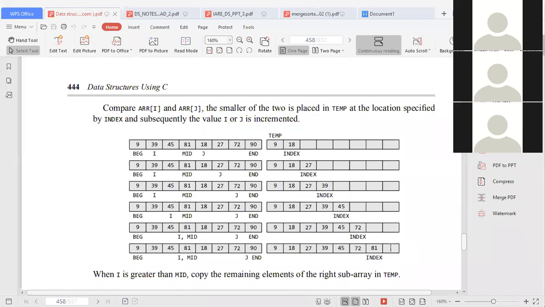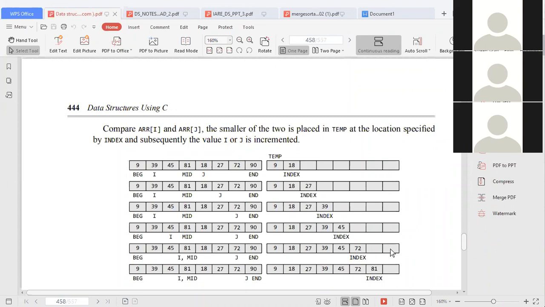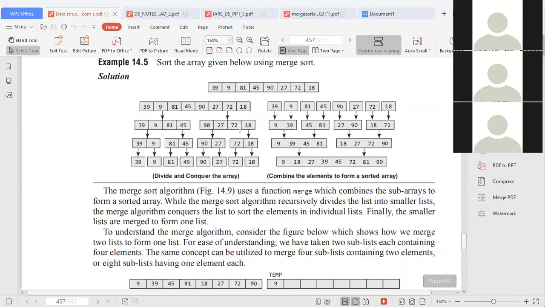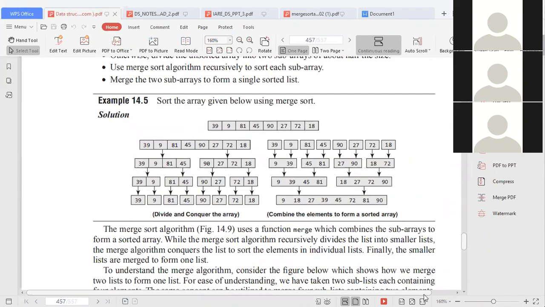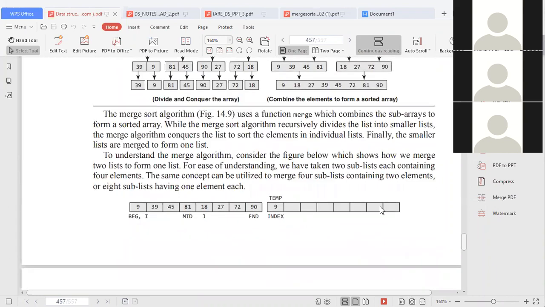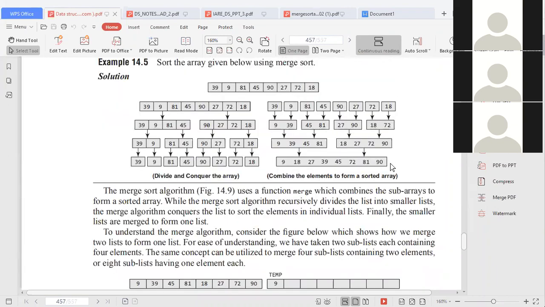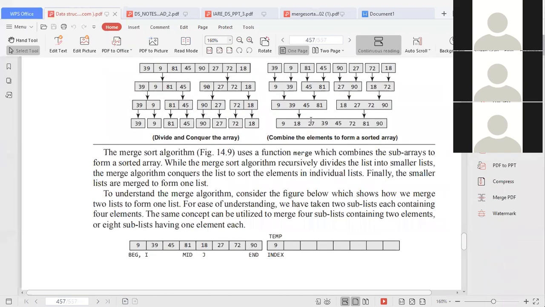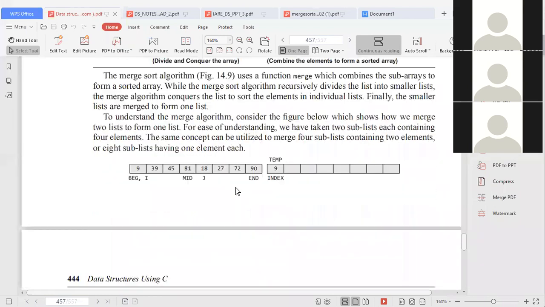Now the unsorted array, is it sorted or not? Sorted sir. Now it is in this form. Is it only this form? Yes sir. So how this form comes about, that is the explanation.